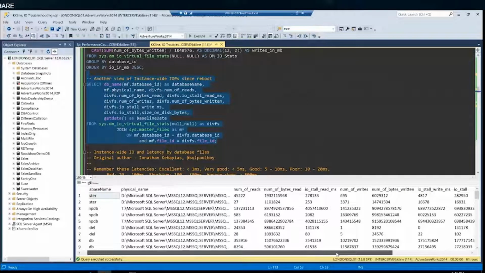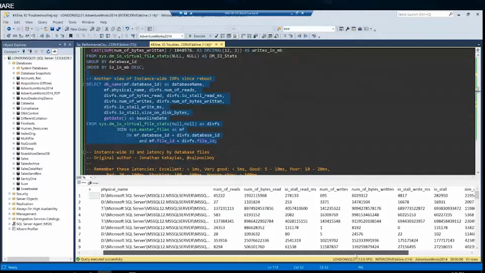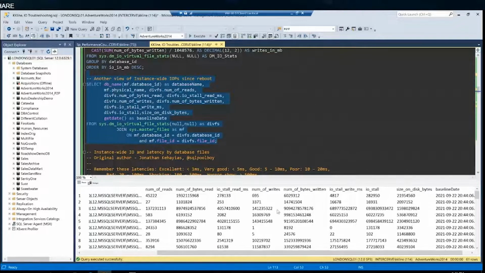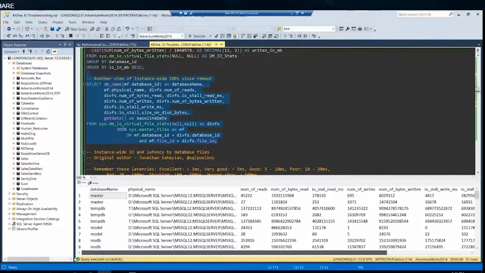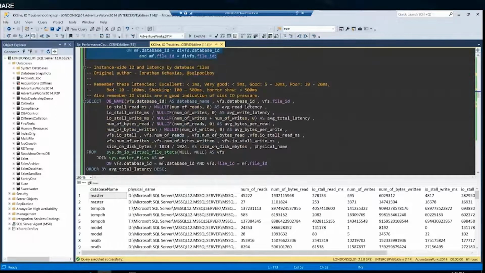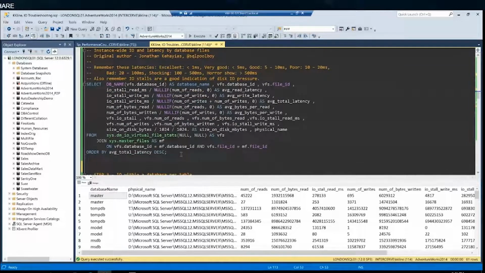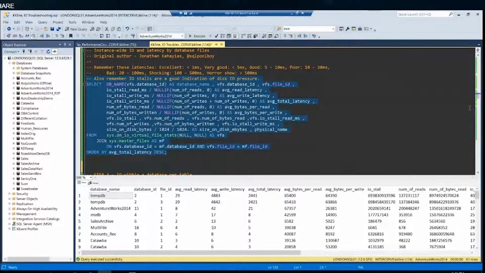And again, we can see the number of reads and writes, and then we can see them in milliseconds, just the raw number of stalls, and then the size on disk, okay? Perhaps we're just looking at latency, and this might be something you would use quite a bit on Azure databases because, you know, it's all the way out there on the internet somewhere. So now we want to look at the latency, the milliseconds or the seconds it takes to get responsiveness on